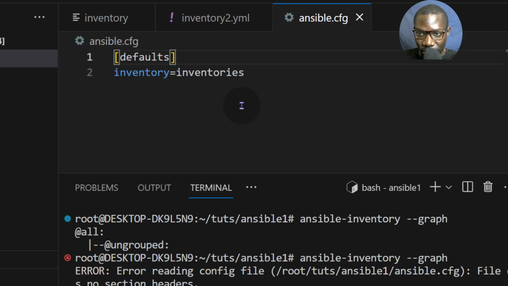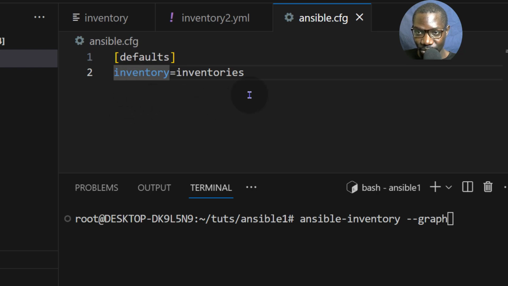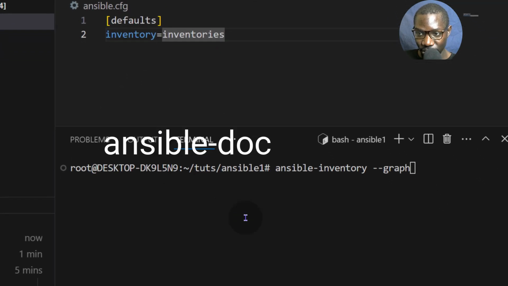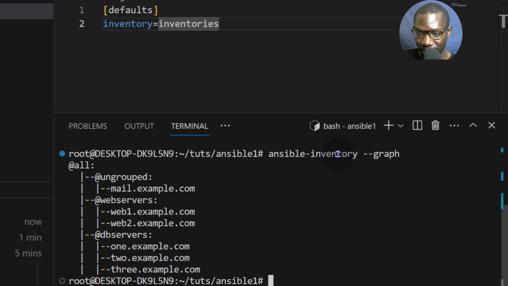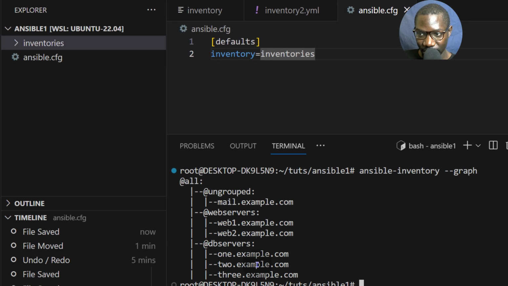These are defaults. So under defaults, there are certain things that go under defaults. Maybe you want to use a default SSH key, a default username, default something. All those you can define under defaults, but you don't have to worry about memorizing which items will go under which sections of the Ansible config file, because the documentation has it. At some point, I'm going to show you how to use Ansible docs right here on the terminal to get any information that you want about any element for Ansible. So if we do this again, you'll see that it's going to list all our hosts right here. It does not repeat itself.